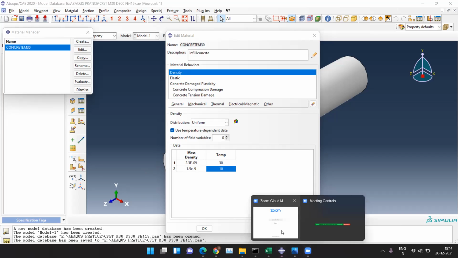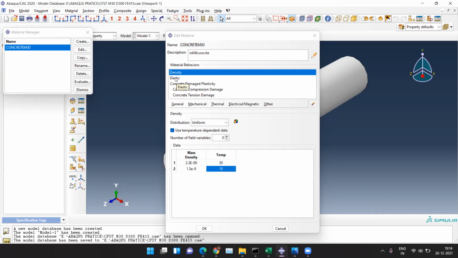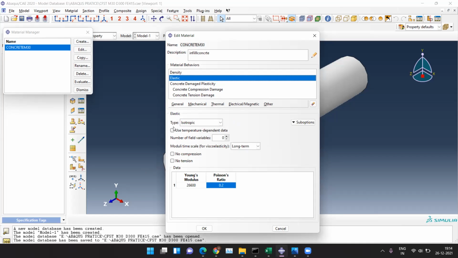Okay, so you can use it in this particular way. Now again, if you have this elasticity, if you are using this elasticity, then here also you can use this temperature dependent data, and then you can start feeding all the multiple temperature values. Okay, this is one way. I'm not done. Let me finish so you can put your questions. So this is one way of doing this.